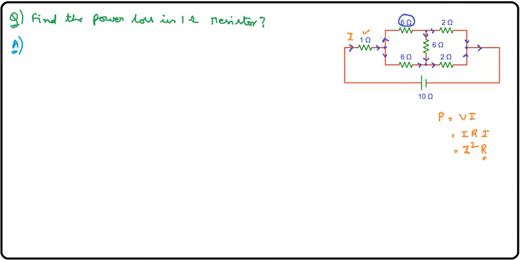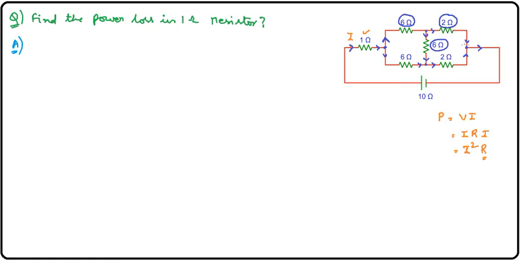This current flows only through the 6 ohm resistor and after that it is divided into two parts. Similarly, I can't say the 2 ohm resistor and this 6 ohm resistor are in parallel, because even though the current is divided into two parts,